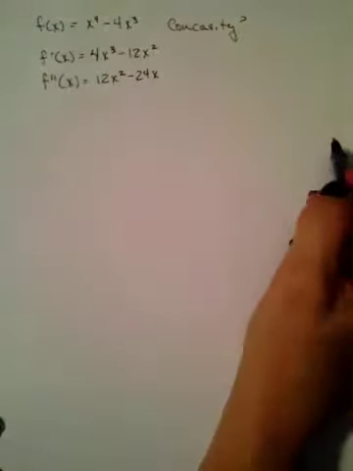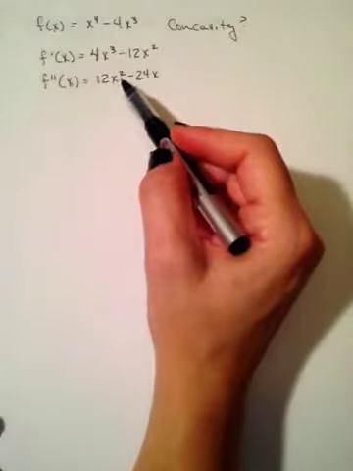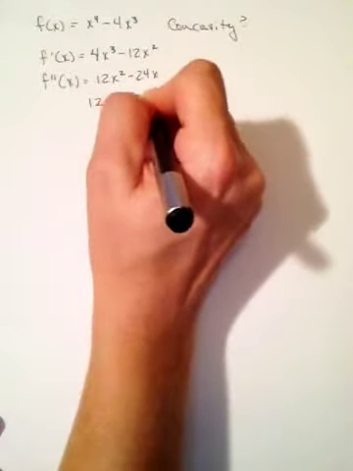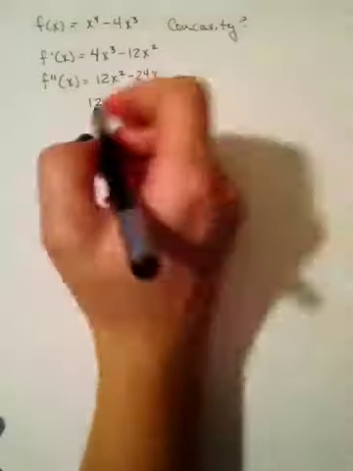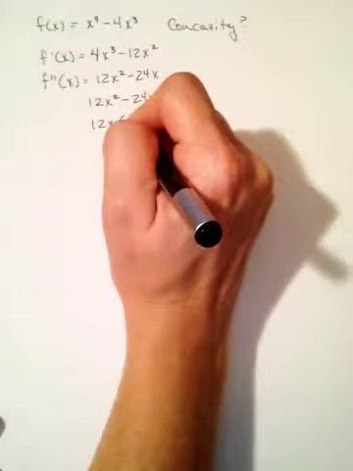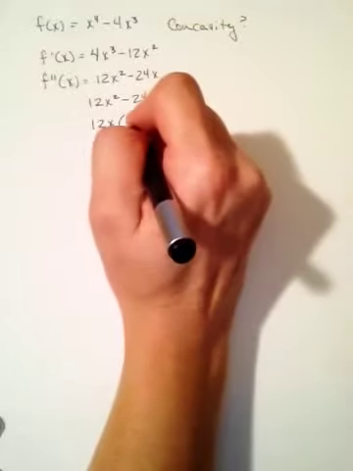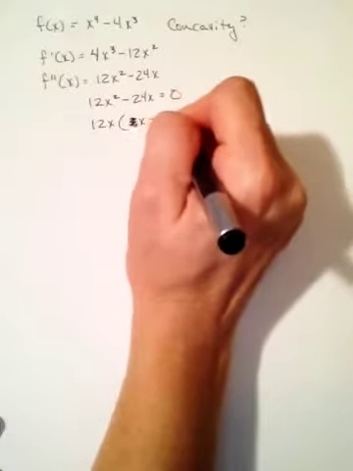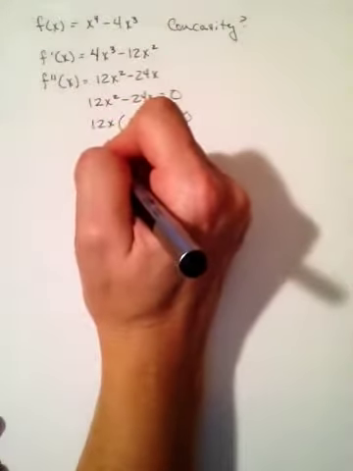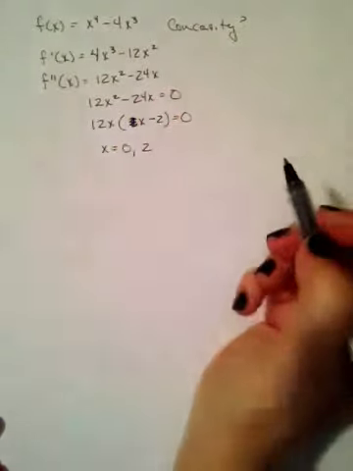So when I'm looking for concavity, I'm looking to see whether the second derivative is positive or negative. So the first thing I would do is actually set it equal to 0, which divides positive and negative numbers. So I'm going to factor to solve. I can pull out a 12x, and I'm left with 12x times x minus 2 equals 0. So I set my factors equal to 0, and I have x equals 0 and 2 for possible points of